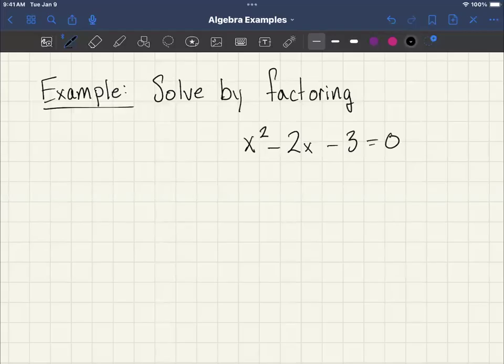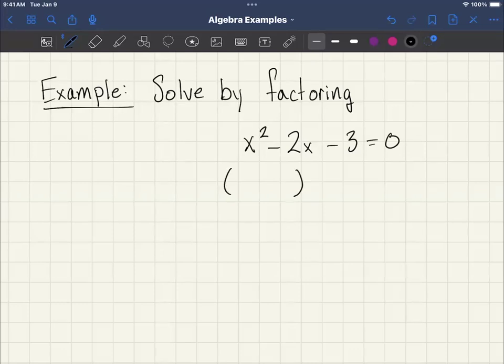Let's look at an example where we are solving by factoring. So in this problem, we have a quadratic function, which a lot of times we get in algebra classes, right? And there are different methods for solving quadratic functions. One of the most common ones and the ones that we love is factoring. So in this case, what we're going to do is we are going to split our function up into two